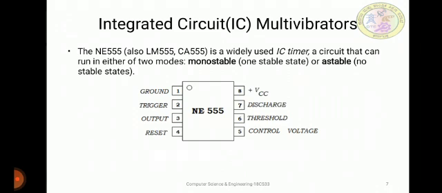Next we have pin 7. Pin 7 is basically the discharge pin. This is connected directly to the collector of an internal NPN transistor which is used to discharge the timing capacitor to ground when the output at pin 3 switches low. That's the main thing. Next we have the last pin, pin 8. Pin 8 is the voltage supply, that is plus VCC. This is the power supply pin, and for general purpose 555 timers, it is in the range of 4.5 volts to 15 volts.